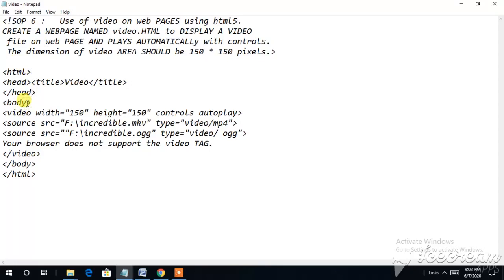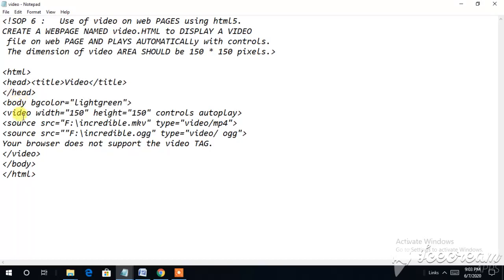In the body I will be writing body bgcolor. Now see here, no space should be there, so what I have given is body bgcolor equal to light green, in inverted commas, closed. Everything is closed.